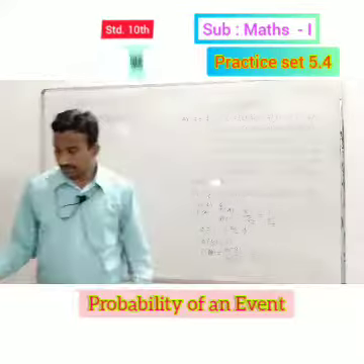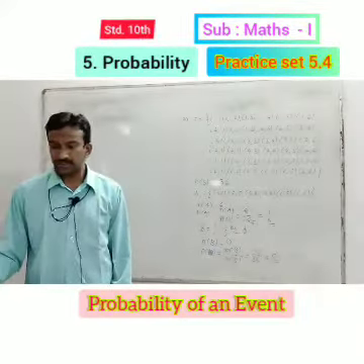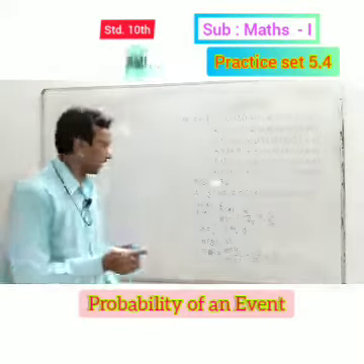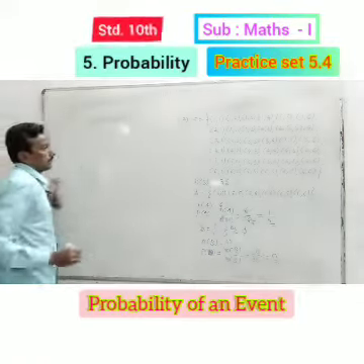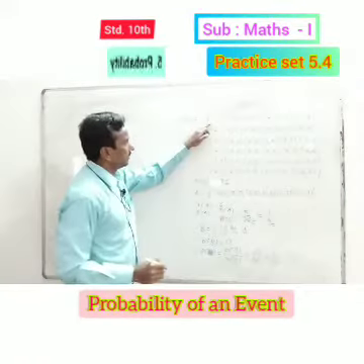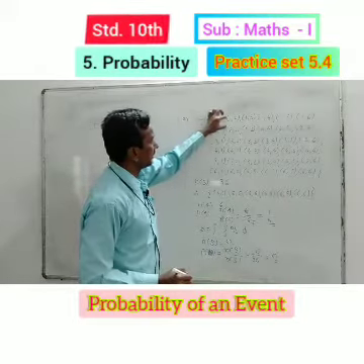Now, the third condition is: let C be the event that the digit on the first die is greater than the digit on the second die. C is the event that the digit on the first die is greater than the digit on the second die, which means the first number is greater than the second.